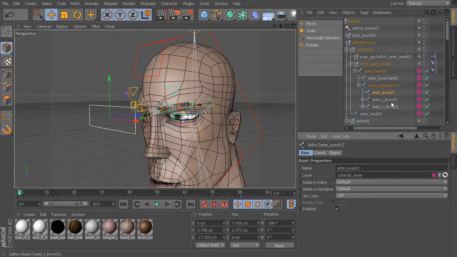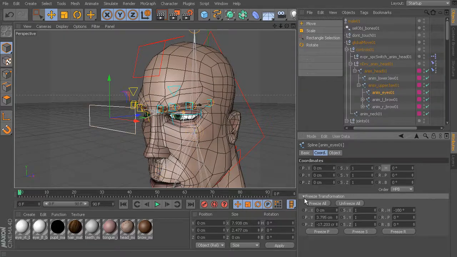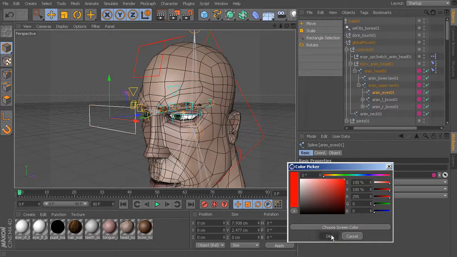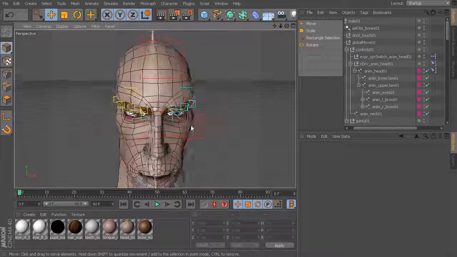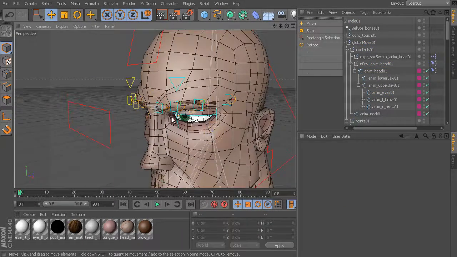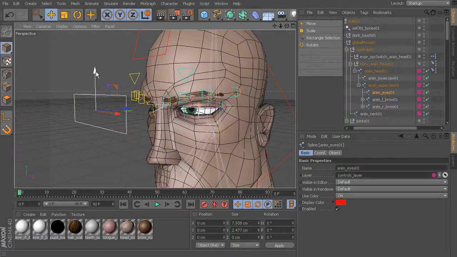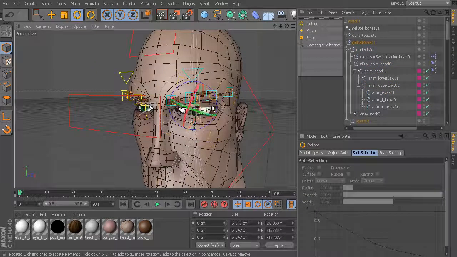Okay, but again, we're just checking its transforms. We need to make sure that they're frozen to clean it up, and then we can go ahead and recolor this. Remember, it's centered, so we can use that same color of red we've been using. All right, great. So to finish up here, we now need to tie the subcontrollers to follow this control. Now, we don't want to do that directly, okay, because then we would lose the control we need over the subcontrollers. So we can go ahead and work with groups